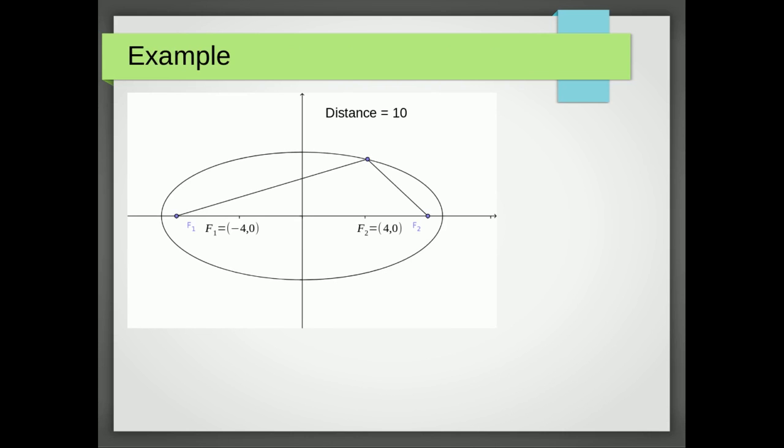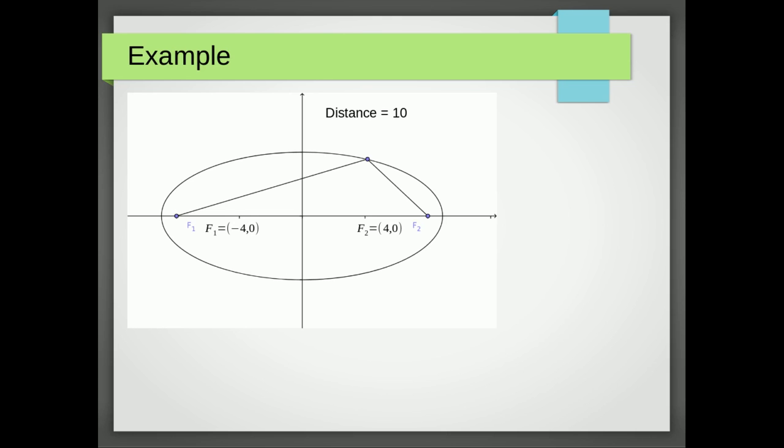So here's an example for us. I've given you the foci as -4 and 4, and the total distance from one foci to the ellipse and back to the other one is 10. The first thing we're going to do is work out where it cuts the x-axis so that we can have